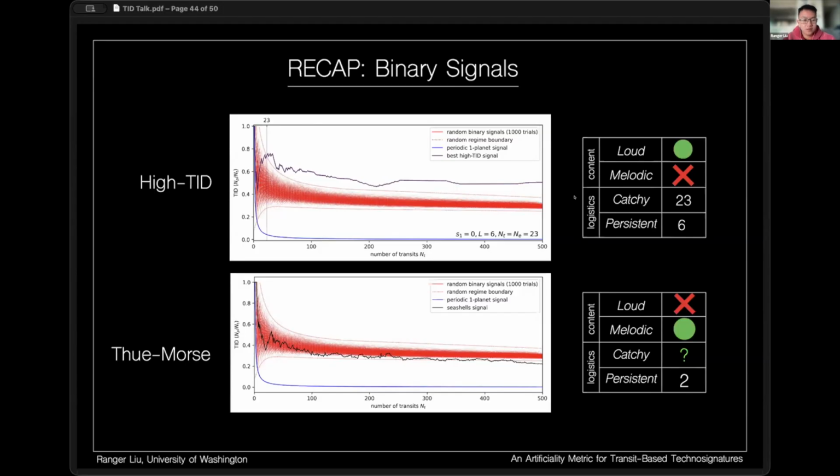But in terms of the content, it's much harder to satisfy both loudness and melodiousness at the same time. So there's an open question of which one is better. Because we've quantified loudness using this TID metric, you can imagine it's easy conceptually to pipeline this process to automate a search through a bunch of existing data. Melodiousness seems to be harder to quantify, and so maybe it's harder to automate a search for melodic signals. But maybe it's also more convincing because it displays some sense of knowledge and intelligence somehow beyond just gaming